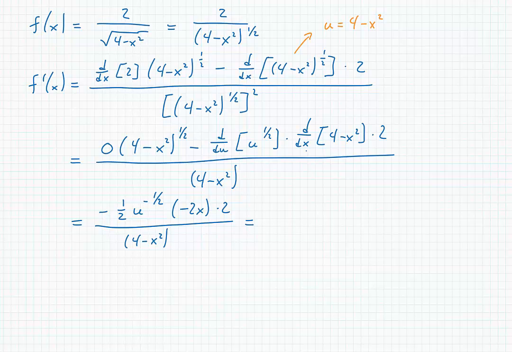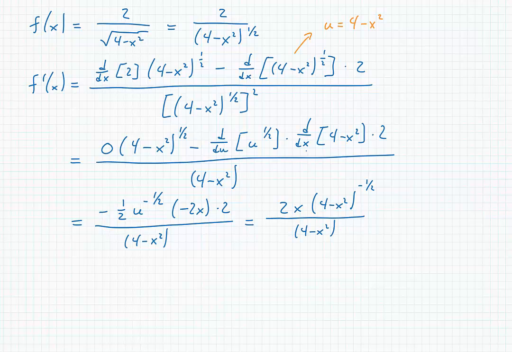So that's going to be equal to, let's see, we've got a negative 1/2 and a negative 2, so that's a positive 1 times another 2, so we get 2. And we get x, and that's going to be times u to the negative 1/2, which is 4 minus x squared to the negative 1/2, all divided by